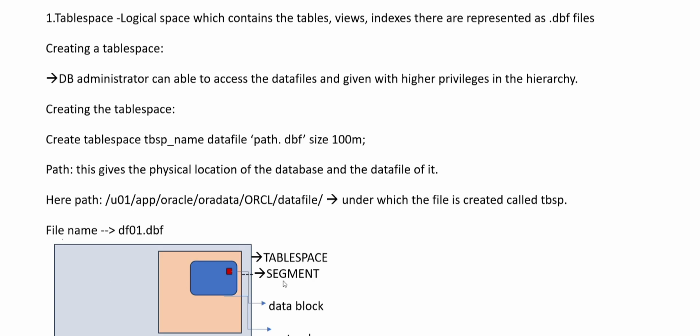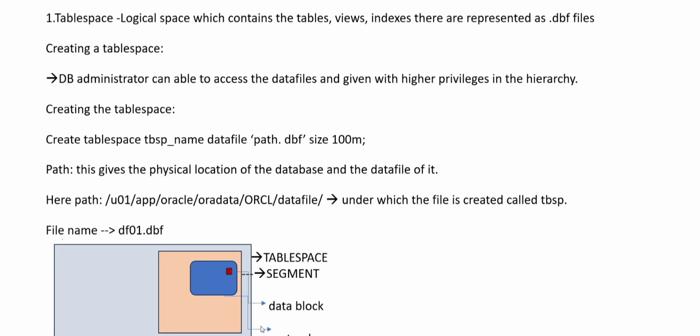The size of the database depends on the size of a table space. For example, if my database has three table spaces of 1 GB each, the entire database size is 3 GB. In the same way, the table space size depends on the data file size. For example, a table space has 3 data files with 100 MB each, then the entire table space size is